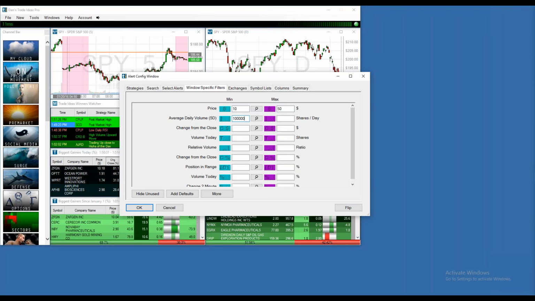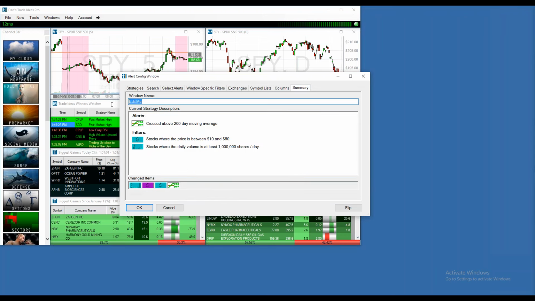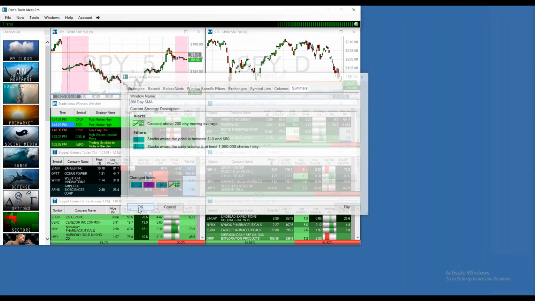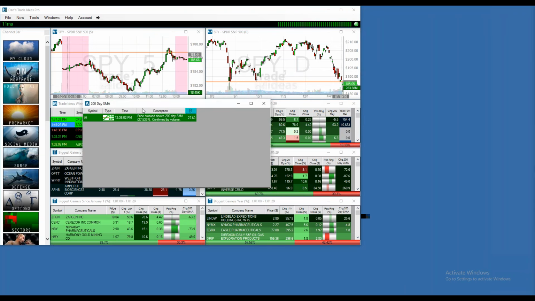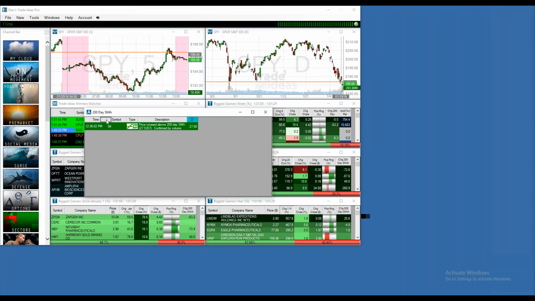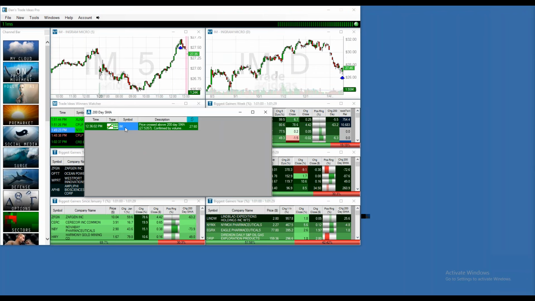So now I'm going to call this 200-day SMA. This window right here, the 200-day SMA window, will alert me any single time a stock crosses its 200-day SMA.